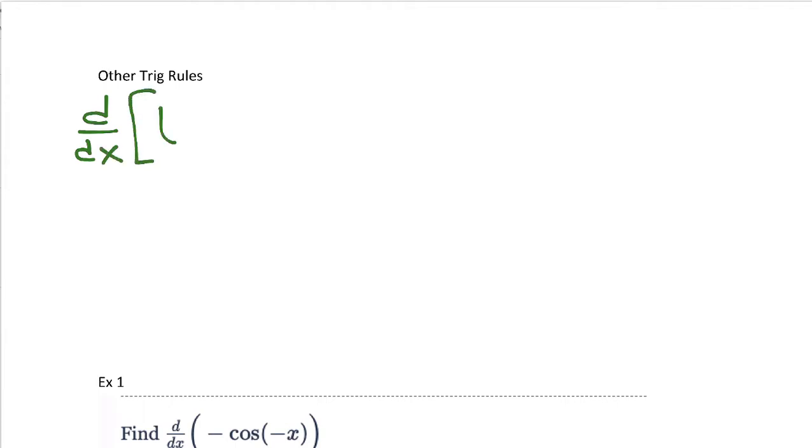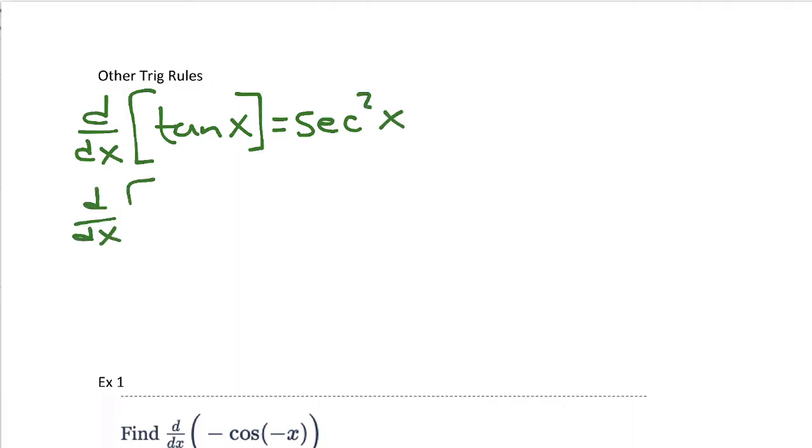The derivative of the tangent of x is equal to the secant squared. The derivative of the cotangent of x is equal to